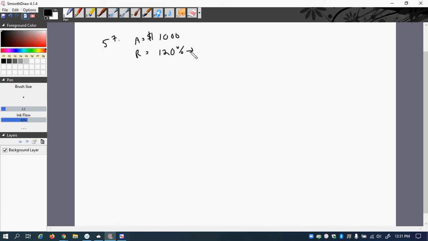And we're going to change that to decimal, so we're going to move it 2 places. So 1.2 is what we're going to do for the setup. So to do that, we're going to take the R times the A to figure out what that increase is. So we take 1,000 times 1.2,